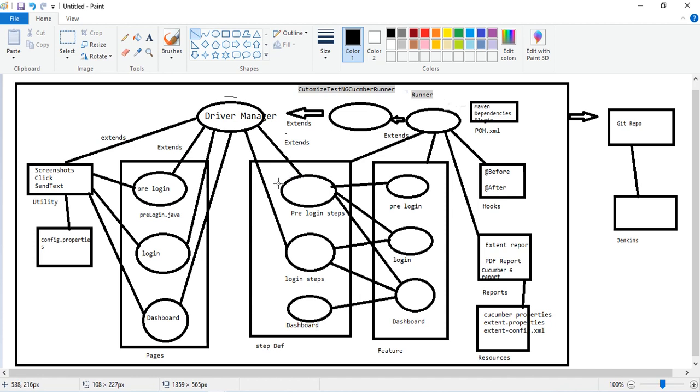Okay guys, what we are going to do is store different steps in different files so that we can easily identify them and it will be easily maintainable.